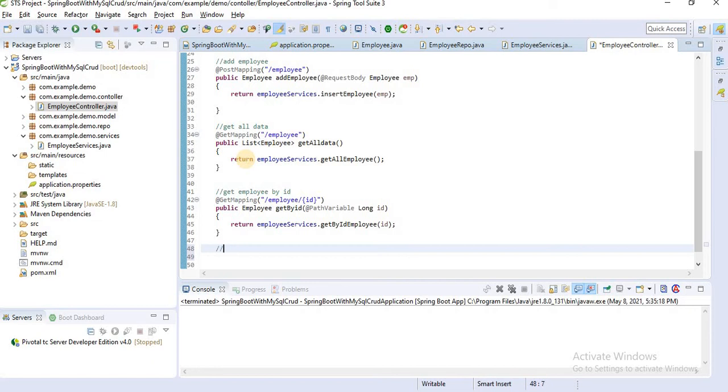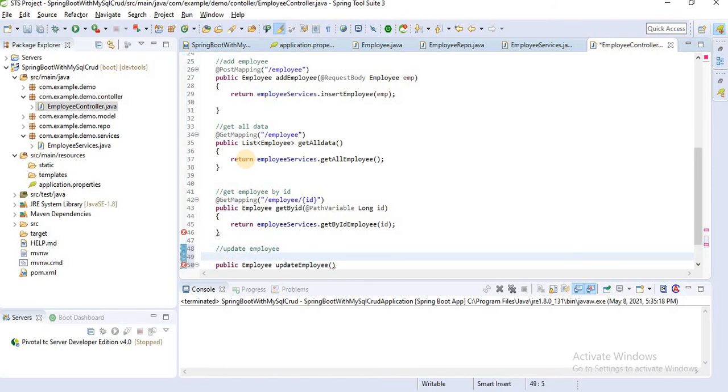First I'll add the method update employee. Public employee update employee.